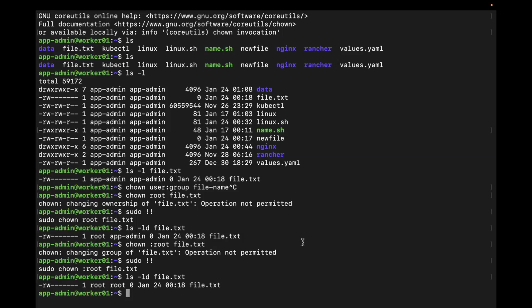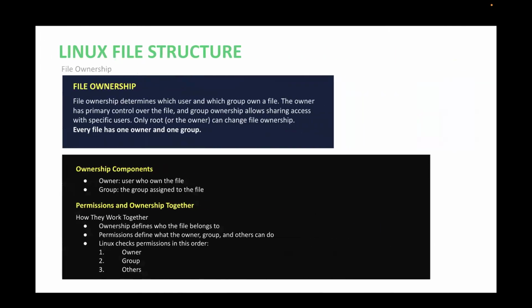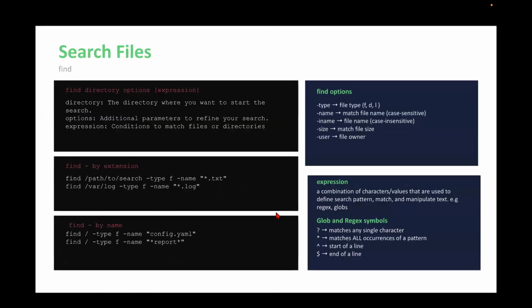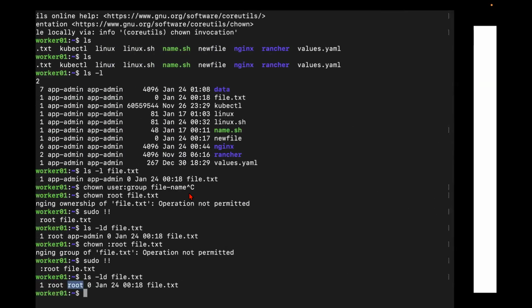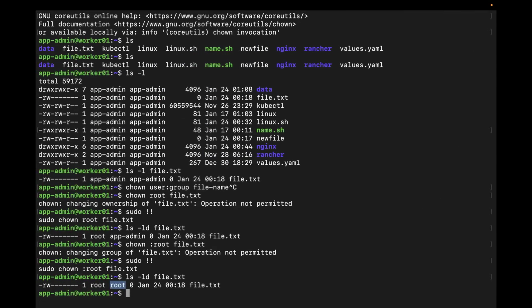So where was I? Yeah. So right now my file is owned by both user root and group root. All right. And one second. Oh no, not yet. So that is